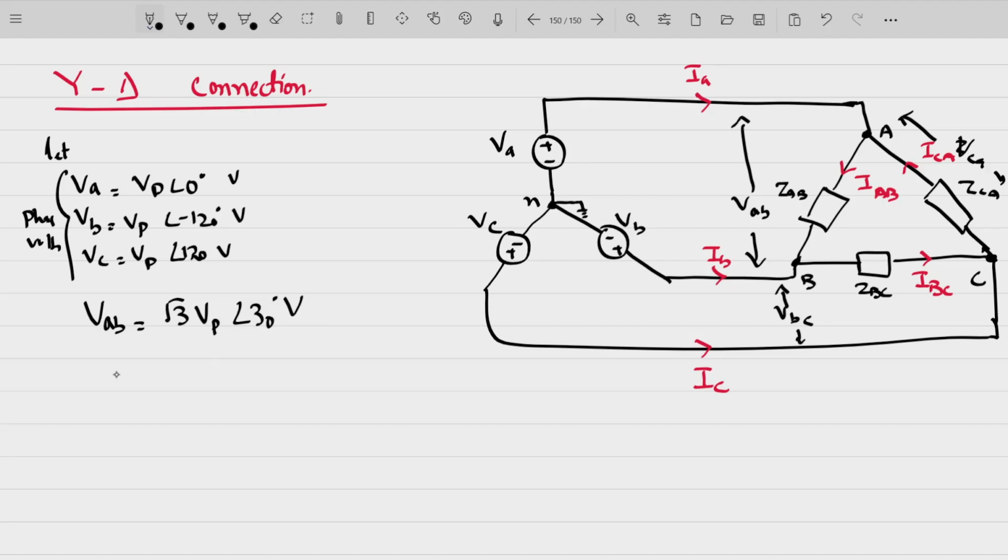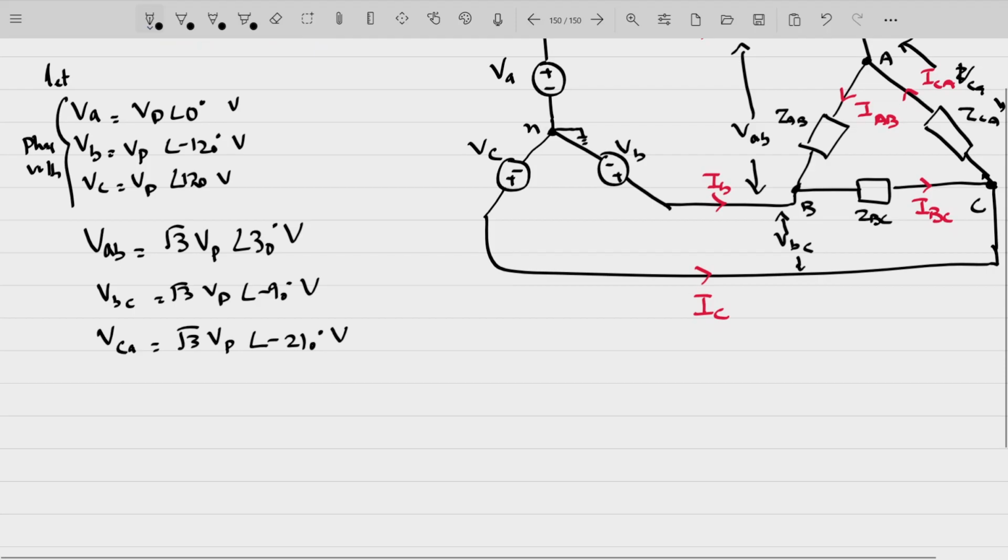So VAB is root 3 VP angle 30 degrees, VBC is root 3 VP angle minus 90 degree volts, and VCA is root 3 VP angle minus 210 degree volts. Fine. Minus 210 or plus 150, that's one and the same thing. Now what is